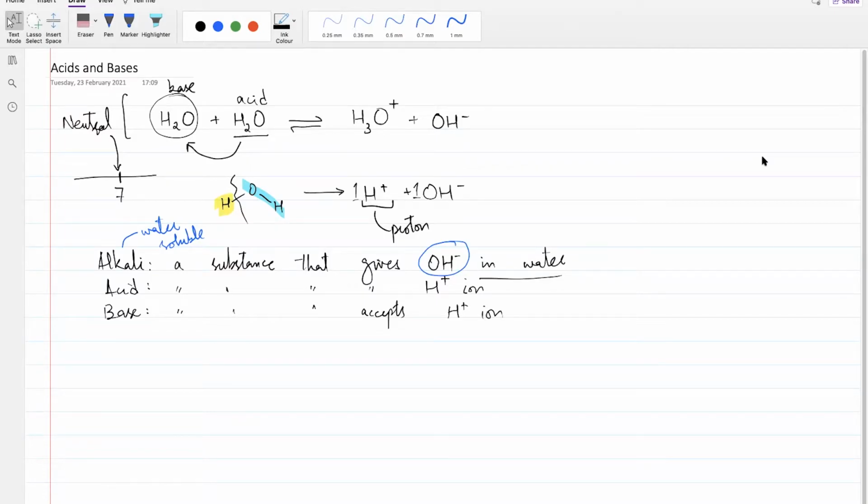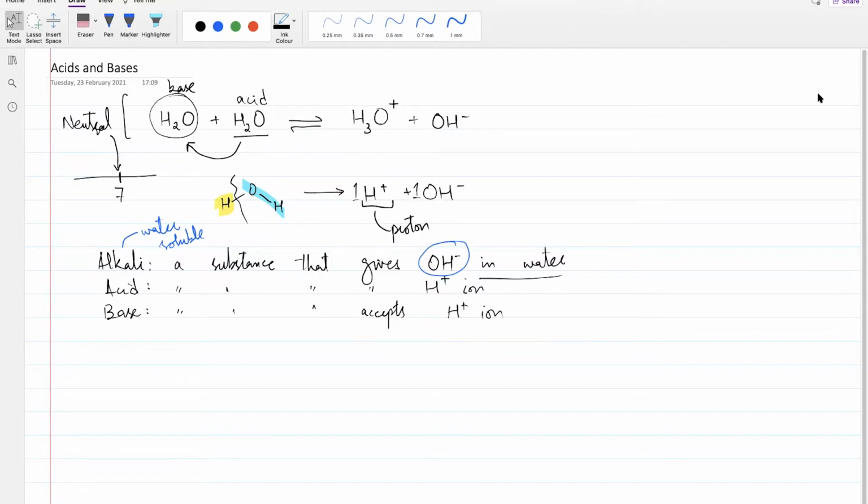So calcium hydroxide, what's the name of calcium hydroxide? If it is dissolved in water, we call it lime water. And if calcium hydroxide is solid, we call it slaked lime. Okay, so lime water is obviously a saturated solution of calcium hydroxide. Now that means calcium hydroxide is not completely soluble in water. Some of it is, some of it isn't. Just like that, magnesium hydroxide is partially soluble in water. Some of it is soluble, some of it isn't. So they are forming alkalis, but to a smaller extent.